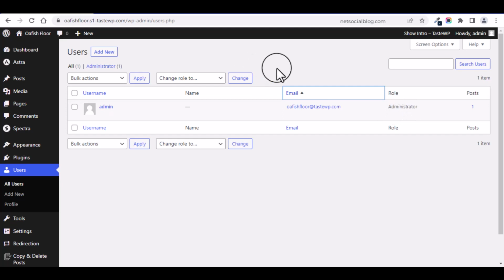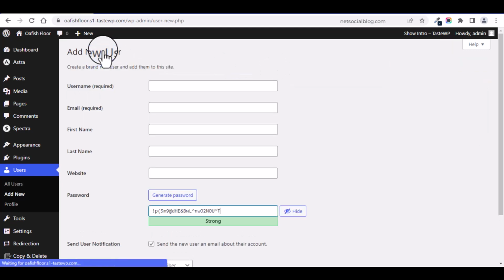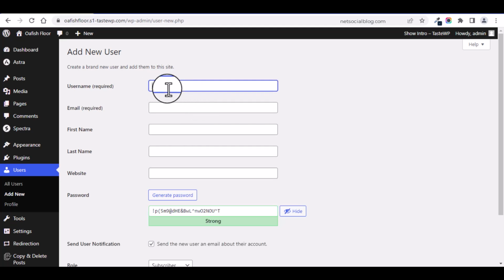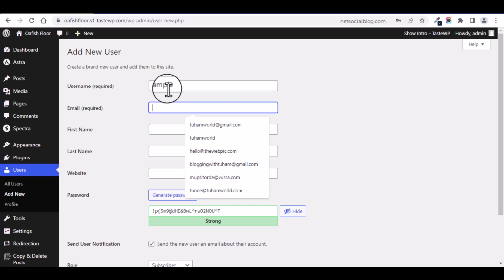So now let's say you want to add a new contributor to your website. All you have to do is click on add new. When you click on it, it's going to bring out this page where you can add the details of the new user. So let's say I want to add a new user, and the username is going to be example. Then for the email, you enter the email of the user that you want to add to the website. So in this case, it's going to be